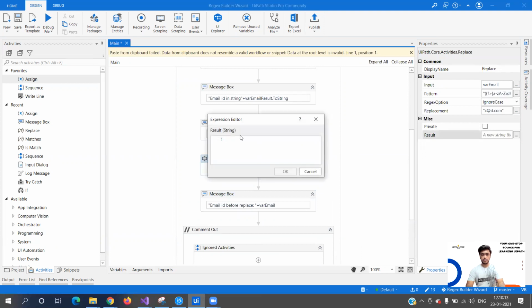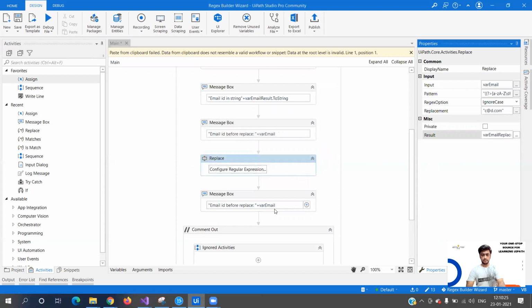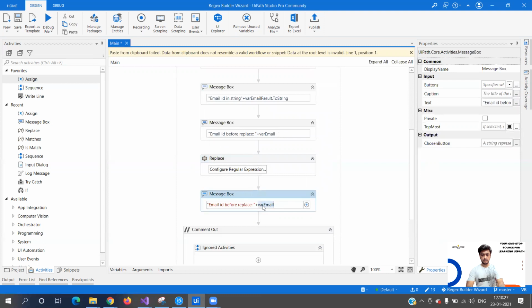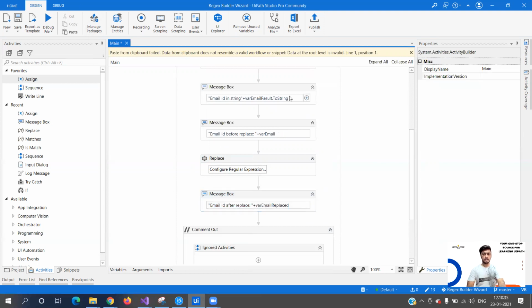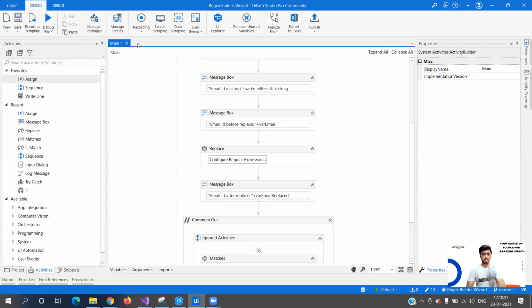And the resultant new string is going to be where email replaced. Yeah. So let's just do this and we'll have where email replaced. Email ID after replace. Okay. Let me close this. Now let's see how this works for us.